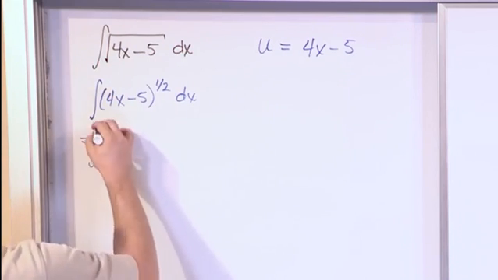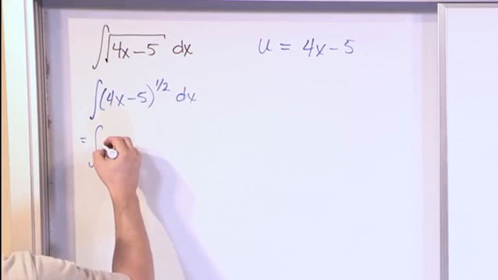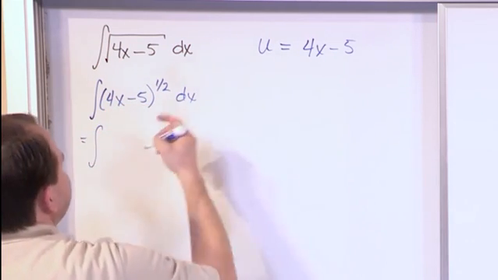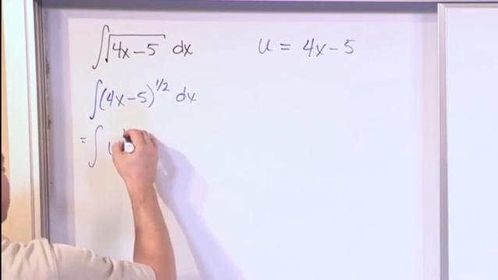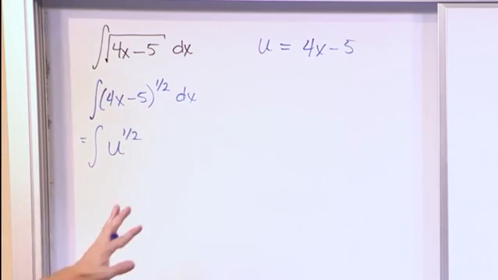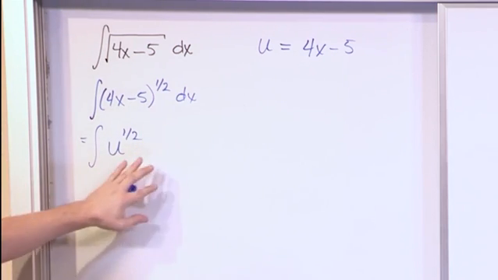And then what we want to do is make the substitution. Since 4x minus 5 we've defined to be equal to u, it's u to the 1/2. Now, if we didn't do anything else, and forget about the rest of the problem, don't you think you